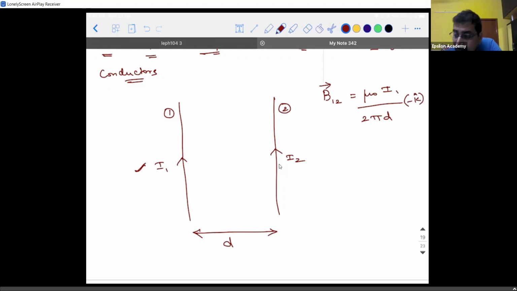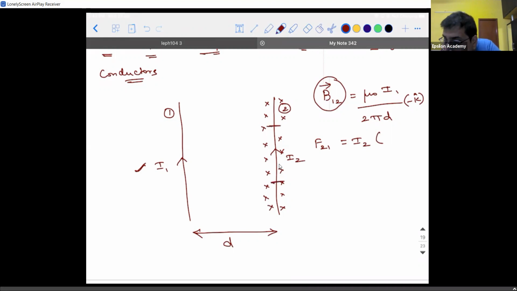Okay. Now, there is a magnetic field generated due to the first wire near the second point. So can I say that there is a magnetic field existing here, in which there is a current carrying conductor that is placed. So what will be the force experienced by the second due to 1, guys? That we just now saw. It is current in the second wire into, I need a particular length. So for that, I will consider a small length L2 for the time being.